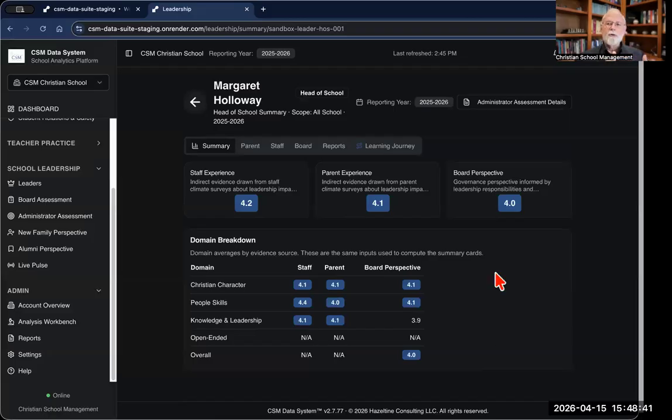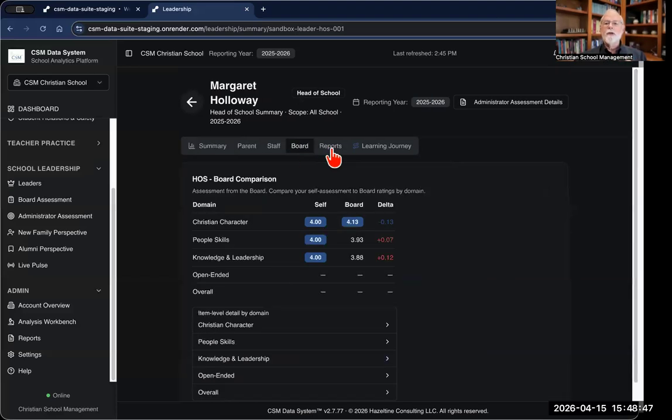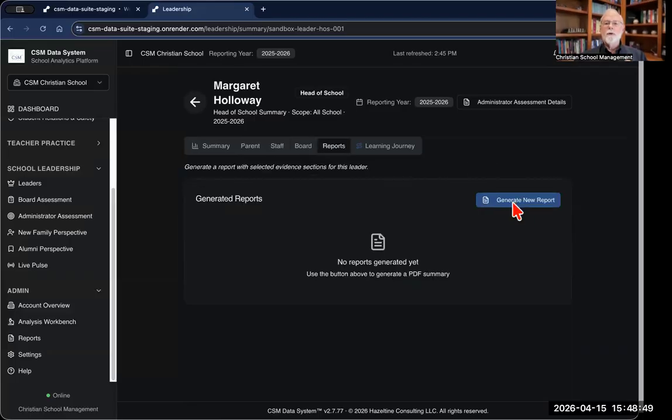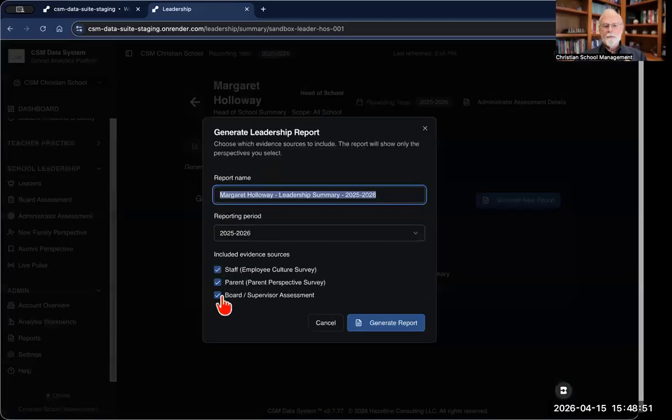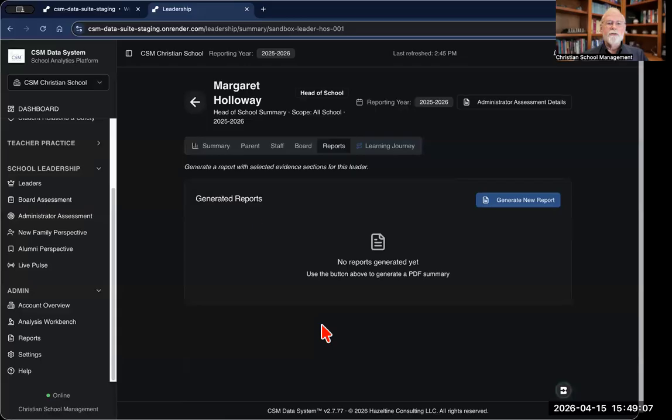But that's how we approach the head of school feedback, board assessment of the head, and then you can generate a report. You generate that report, you can include the 3 components. These are, again, for perspective only. They're not direct questions asked of them about the head, but they're there for context. And then, of course, the board or supervisor agreement. Now, the board is the only supervisor for the head of school, but if we go back to some of our other administrators,